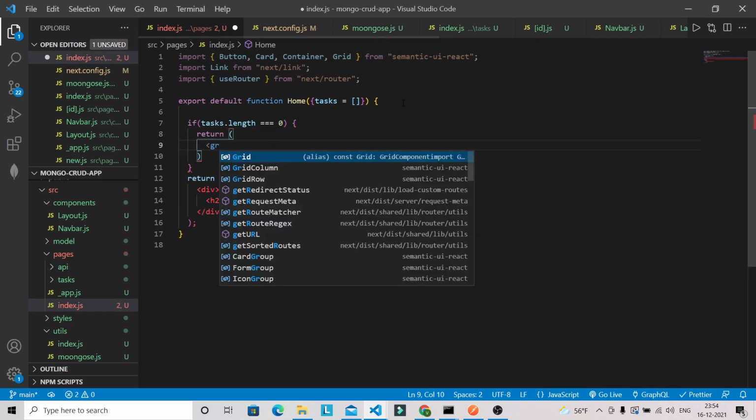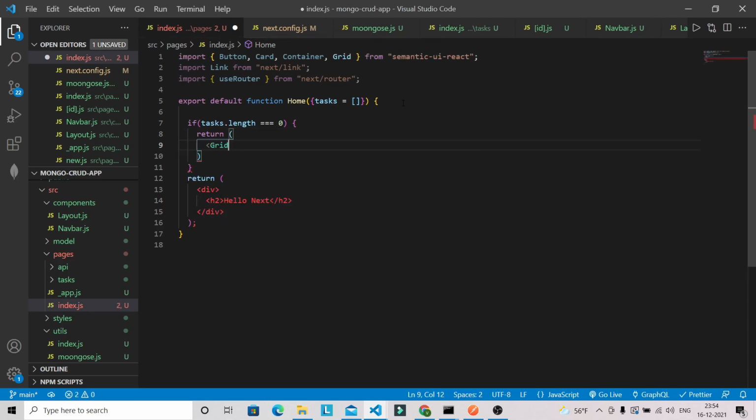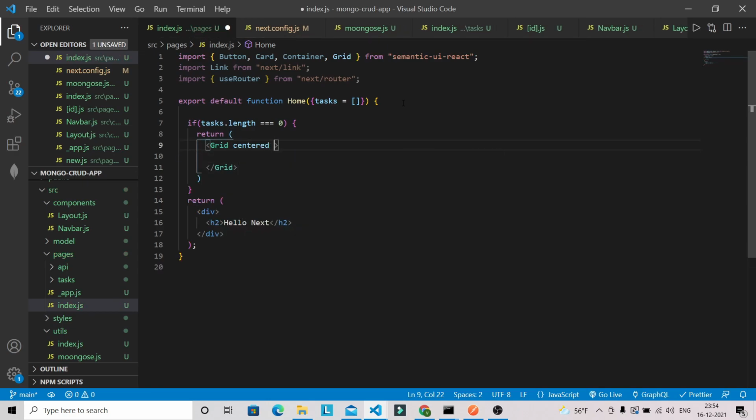So let's use here grid. It will be centered, vertical align, so it will be middle, columns 1, and we can give some inline style, so that will be like height.